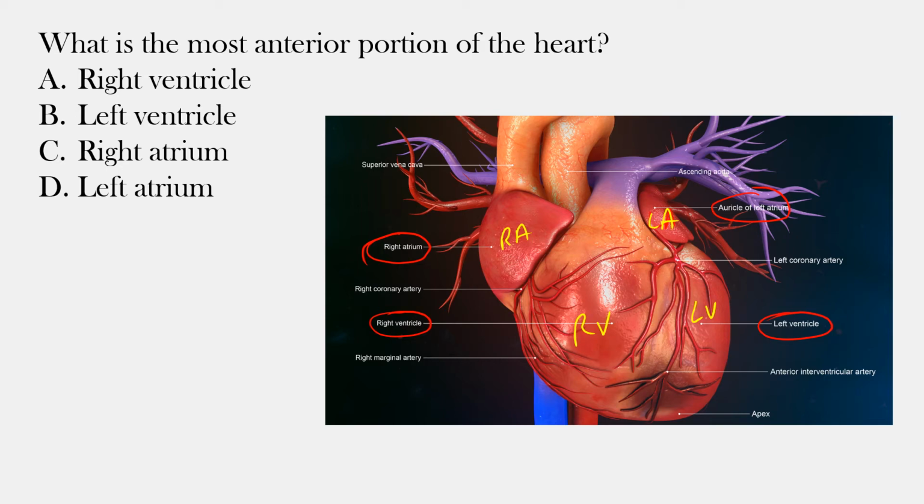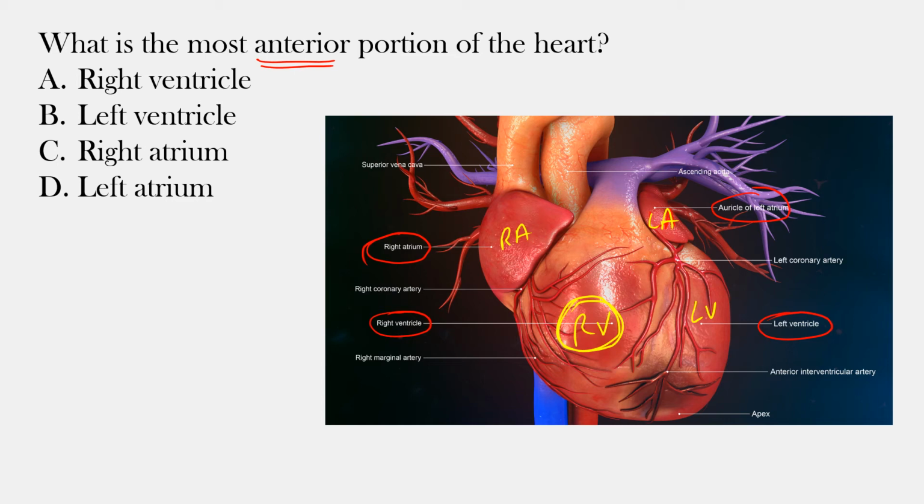So the question is asking, what is the most anterior portion of the heart? So anteriorly, okay, meaning towards us. So the answer here, as you can see from this depiction, is actually our right ventricle. This is the most anterior portion, and that's why when we have those leads, the anterior leads that are in